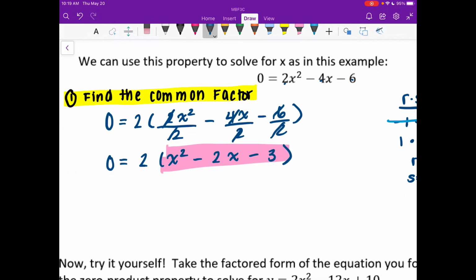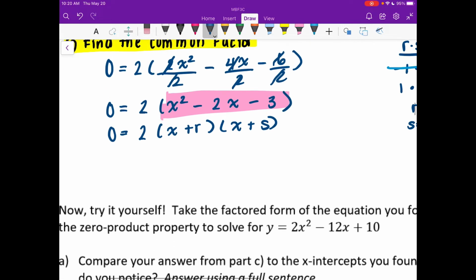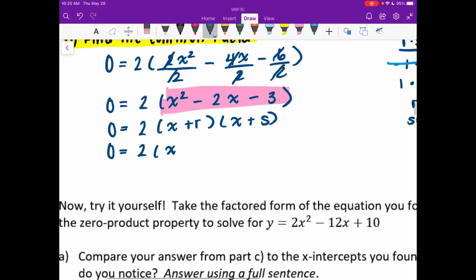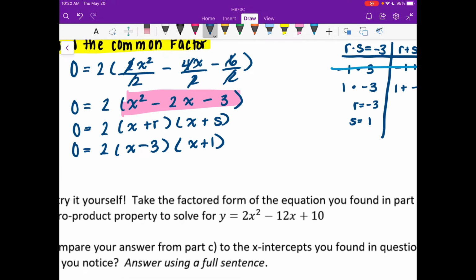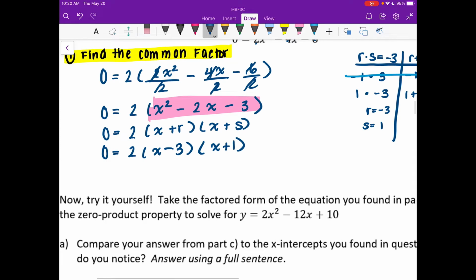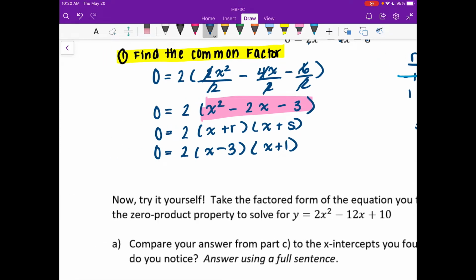Now that I know that, I'm going to go back and look at my formula, x plus r, x plus s, and put my numbers in. So 0 equals 2 times x plus negative 3, which I'll put in as x minus 3, and then x plus positive 1 is just x plus 1. So that's my factored form. Now that I have my factored form, this is what I'm going to do next. So step 1 is find the common factor. Step 2 is